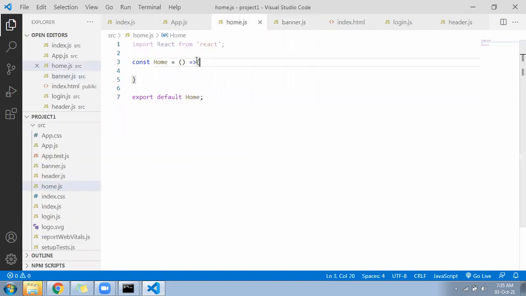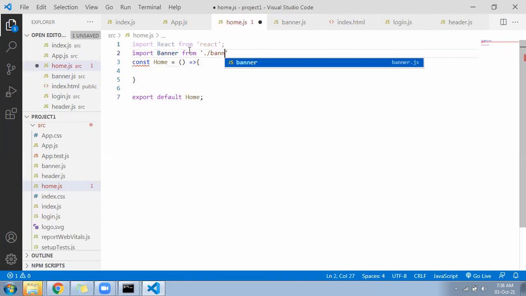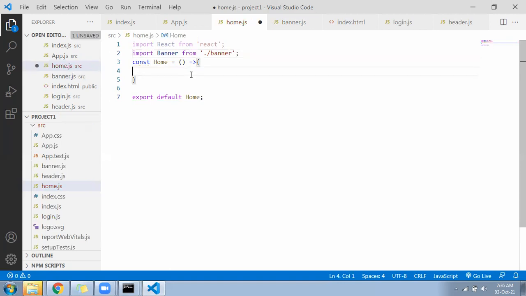Import banner from /banner. Then come down inside the function and write the return.